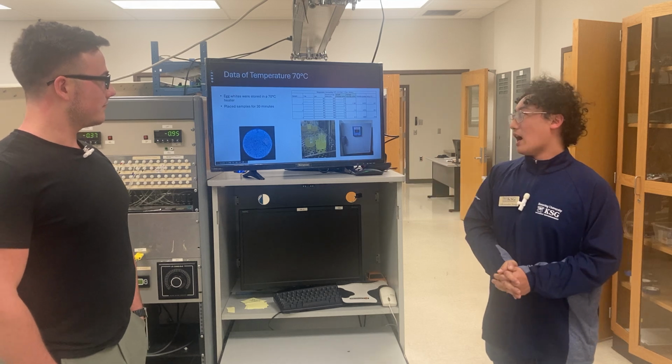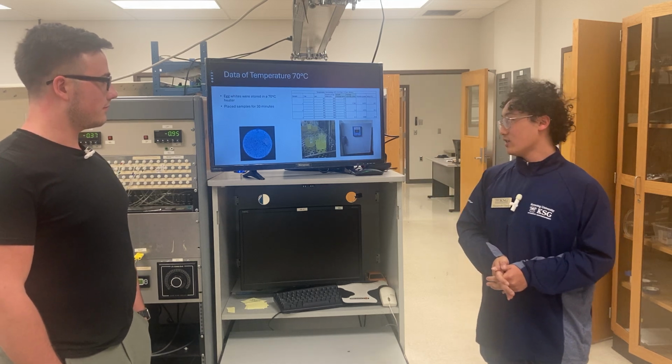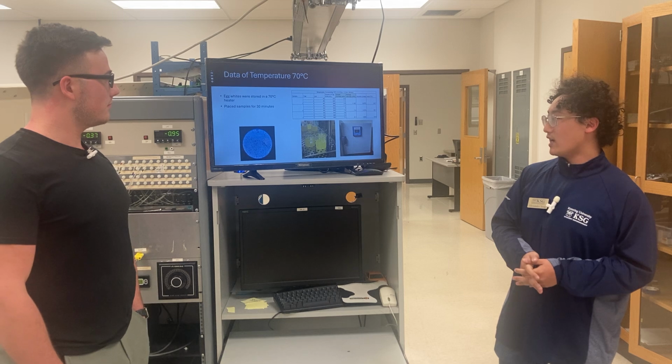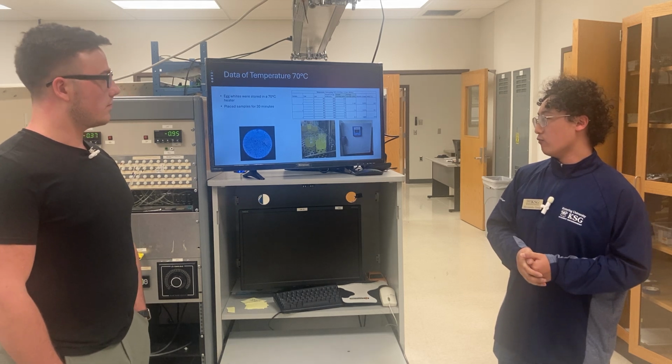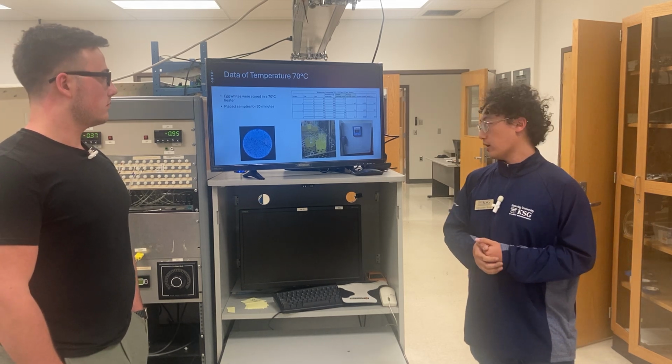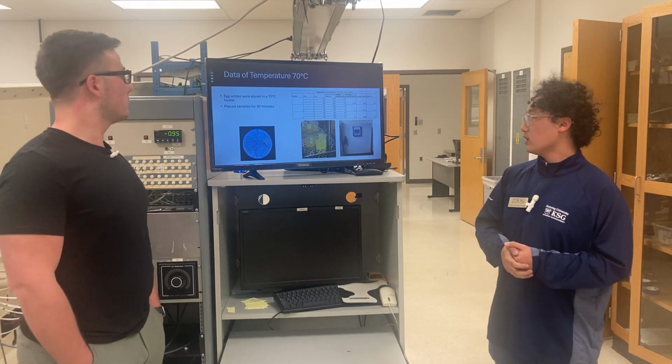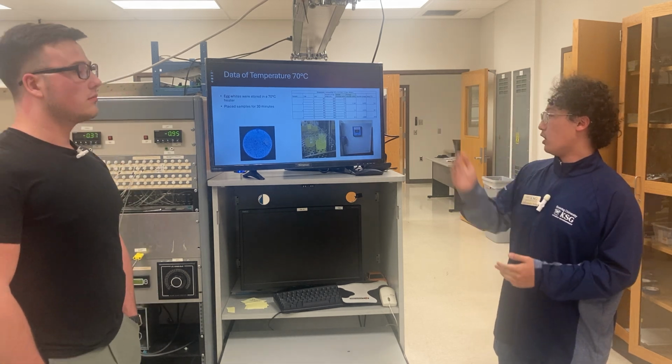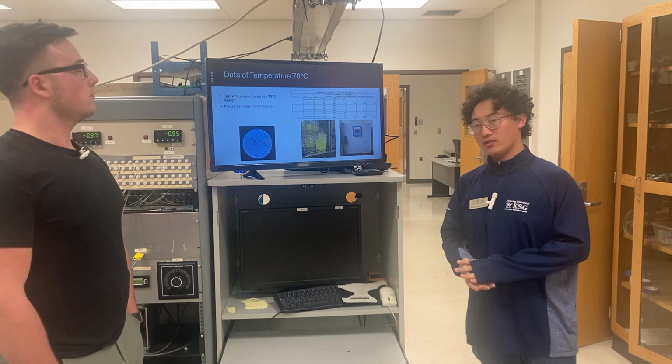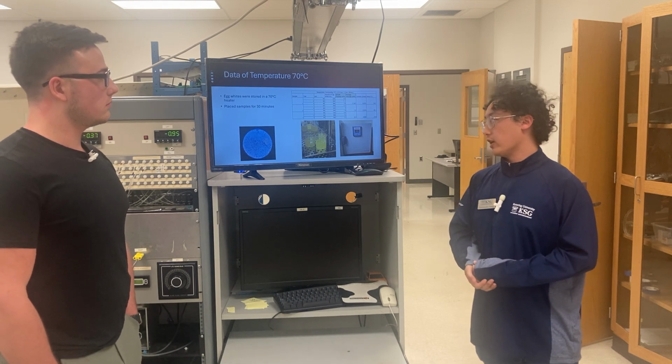Then for our hot 70 degrees Celsius test, we only placed it for 30 minutes, as the heat will definitely heat up the egg whites in 30 minutes, and the viscosity tends to be lower than our normal standard viscosity level for egg whites.